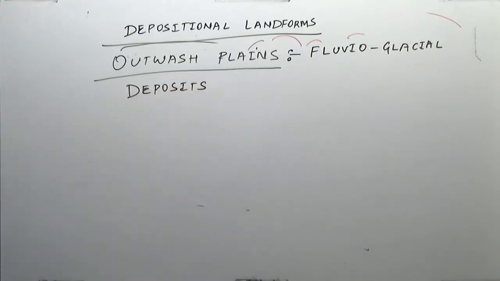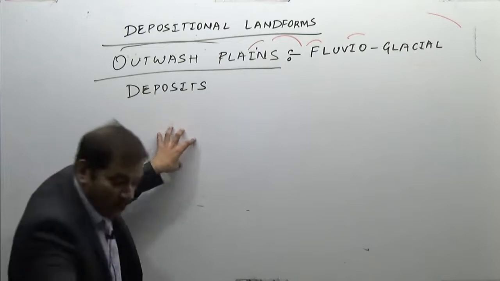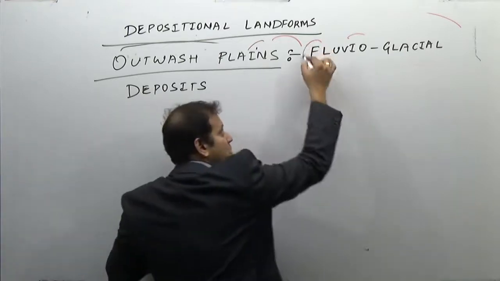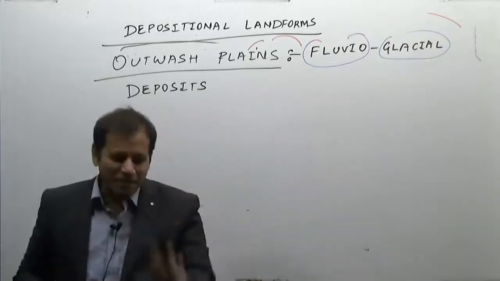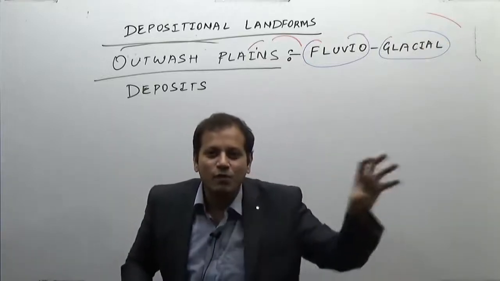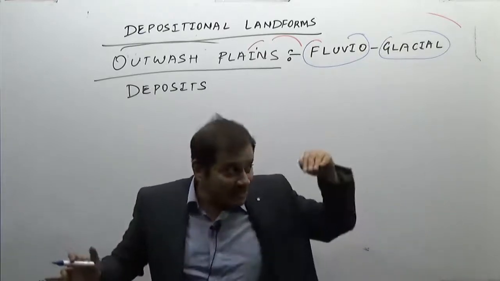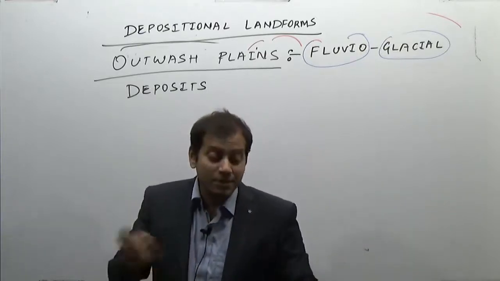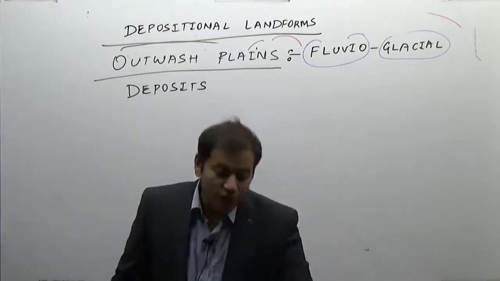These are fluvio-glacial deposits. Now, fluvio-glacial deposits. What do you mean by fluvio? It means water, and glacial means ice. That means here there is a formation of water. It is an end stage of a glacier, when the glacier comes into the lowland region and the temperature becomes high, and therefore there is a melting of the glacier. Now it is a fluvio-glacial deposit.